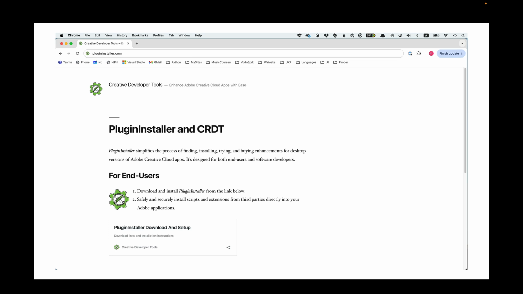Right, so rather than doing an actual live demo, I decided to just show a bunch of screenshots as I went through the demo to avoid issues with times for loading and downloading and so on. So the whole thing starts out at the PluginInstaller.com website, which is opened here in the browser